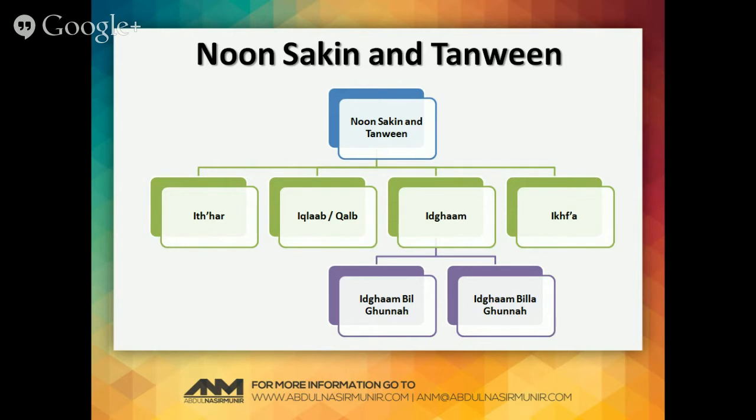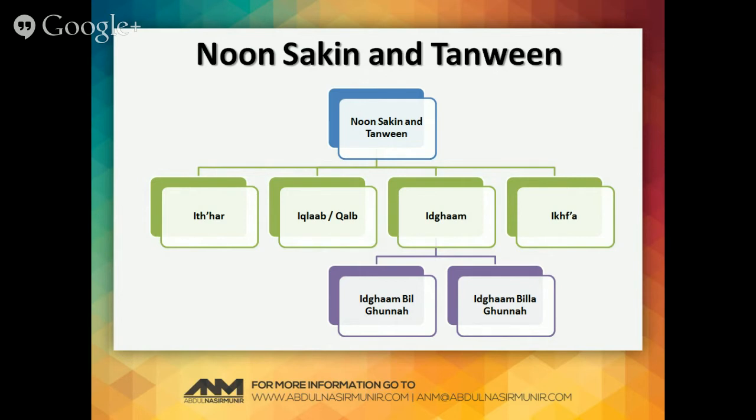Basically, just to give you a quick introduction of these rules, how it's going to work is this: if Nun Sakin comes or Tanween comes, you see a Nun Sakin or Tanween. After that, if you see certain letters, which are the letters of Izhar maybe, or any of the rules, then you will take certain actions. So Izhar, Iqlab, Idgham, and Ikhfa. All these four subcategories